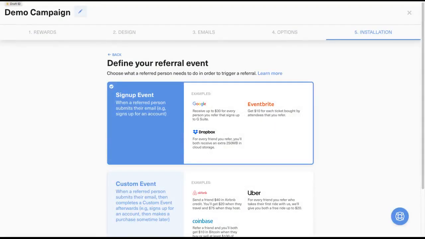In this video, we'll provide a detailed walkthrough for the installation step of the campaign editor. Here in the first screen, we see two options for choosing what counts as a successful referral. Unless you are using the GrowSurf REST API, both options require that a person visits your site using a participant's